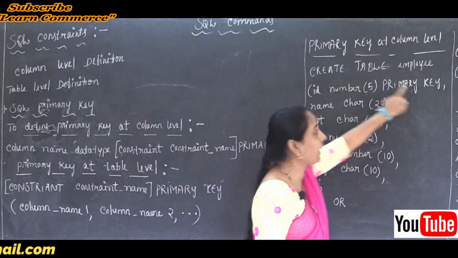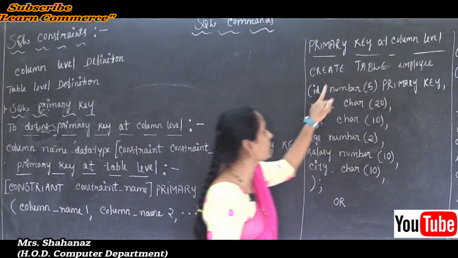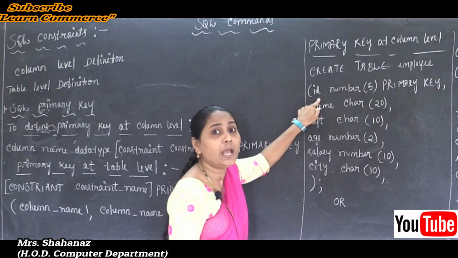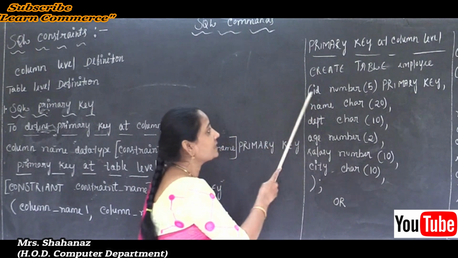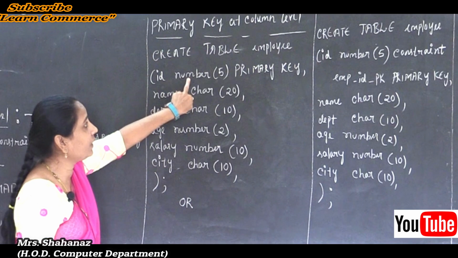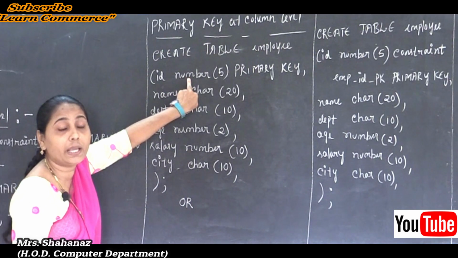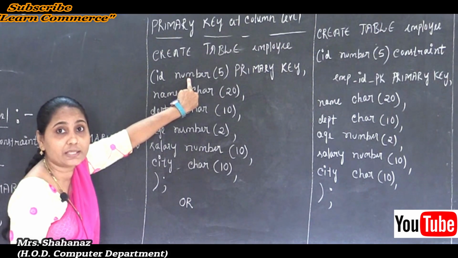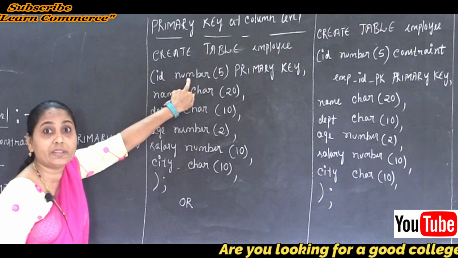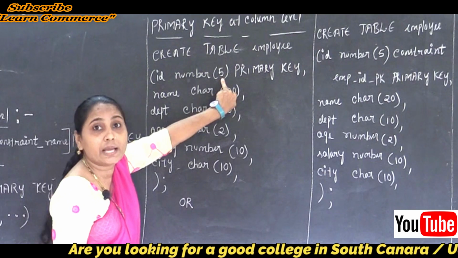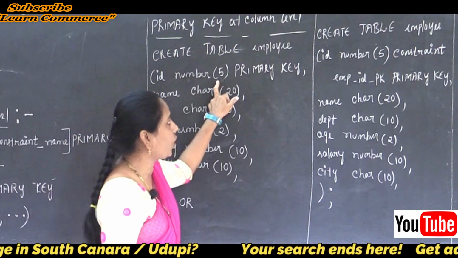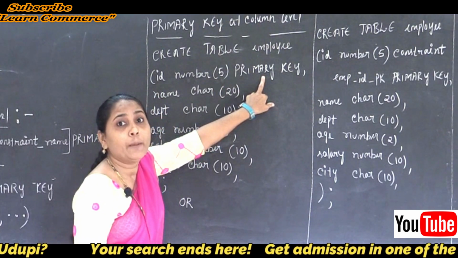So this primary key rule applies only to one column of the table, the column called ID. Clear this point here? ID is the name of the column, and what I used after the ID, NUMBER, is called the data type. The data type of the column we need to use with the column name, and also the size, the length of the column, and this column has one constraint. The constraint is called the primary key.